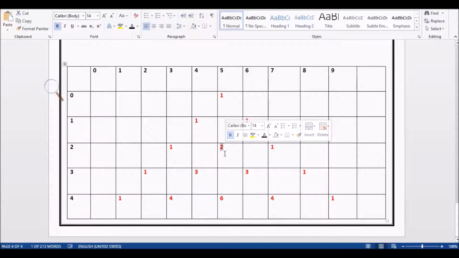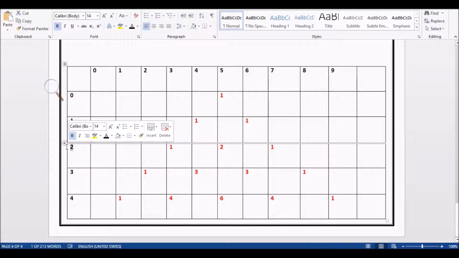This is the second row, and its value is 2. Actually it's the third row, but its actual value is 2. That is what we are printing, the row value.